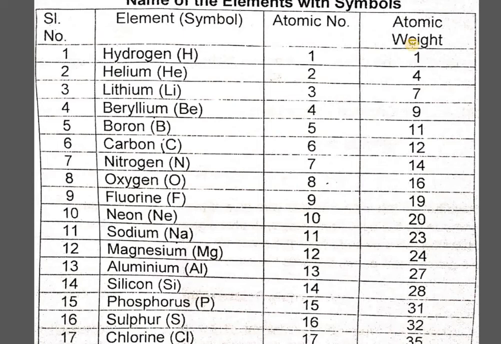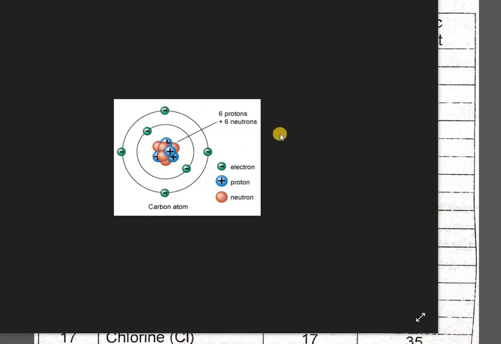So please practice it once, and you can take any of these examples which have been provided in this table. I would be very happy if you practice it in the way it has been provided in this particular image. So it will be very clear. If you cannot make it like this, just make a small circle in the center and write down the number of protons and neutrons, and on the different orbits just make the number of electrons. So if you can write at least the number of electrons, protons and neutrons, you will have a clear idea about the atomic number and the atomic mass.